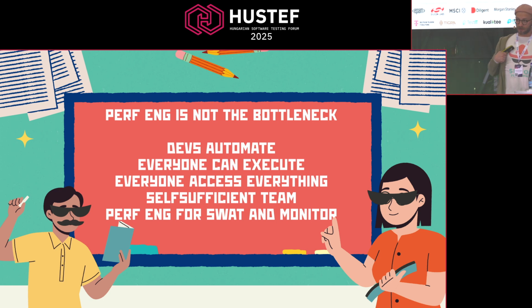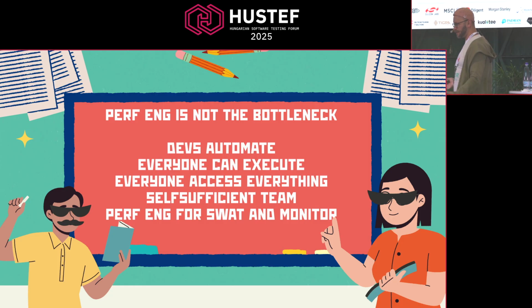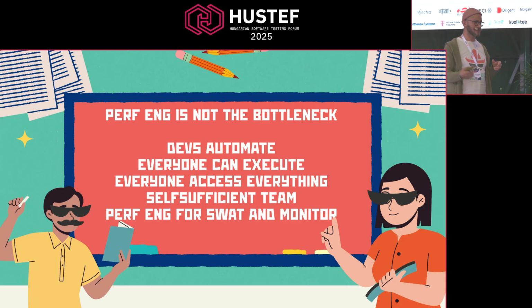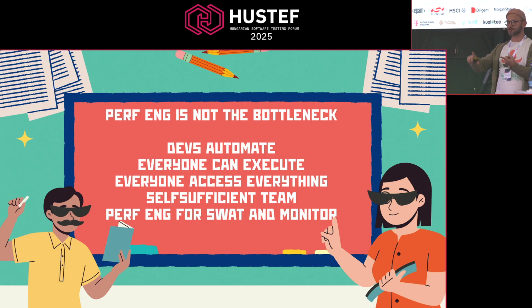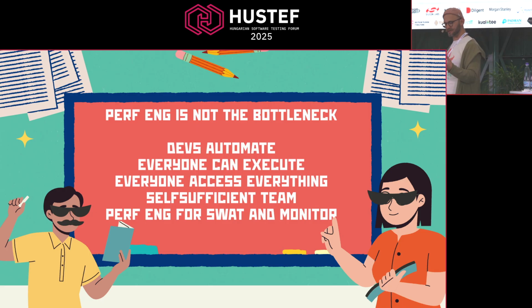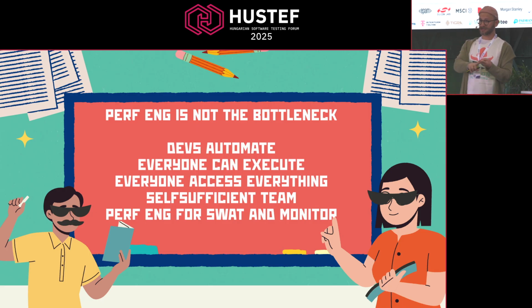We should not become the bottleneck. Performance engineers, ironic, we are trying to find bottlenecks. But if we are thinking most of the time about automating, and we are the only ones responsible for the tool, for the automation, for the execution, we become the bottleneck. So we should share all of that with the whole team. Everybody in our team should be able to create tests, update tests, execute tests, reports, gather information, create everything. It should be available to everyone.